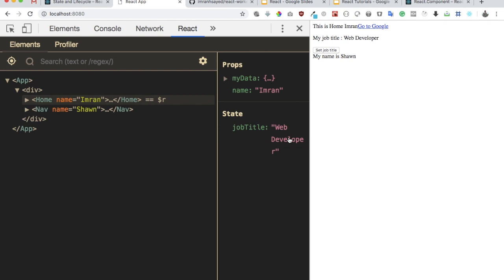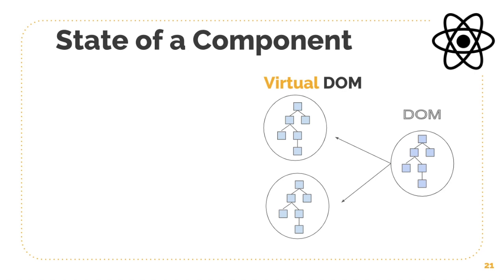Now I want to actually show you how this works visually. As we have already discussed in a previous video, React creates two copies of the DOM as virtual DOM. These are virtual representations of the DOM. So we have a real DOM and then it creates two copies, which are the virtual DOM. The reason it does that is so that whenever there is a change, it compares the changed copy with the other copy, and whatever the change is, it updates the real DOM with that. So React creates these two copies, and then